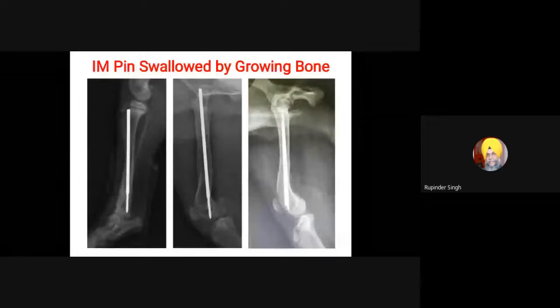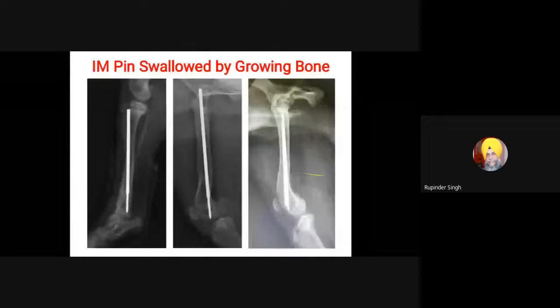So this is the swallowing of the implant in the first case. You cannot remove these implants, or you have to break the bone, or create a tunnel. You have to drill through the bone, which will be very aggressive. So these implants lie there throughout the life. If it is absorbable, then there is no such issue. It will dissolve with time.